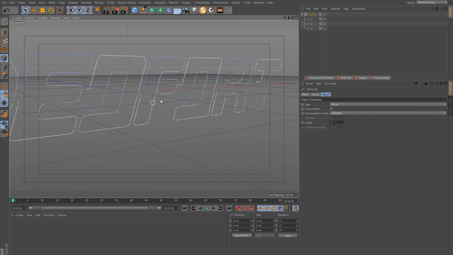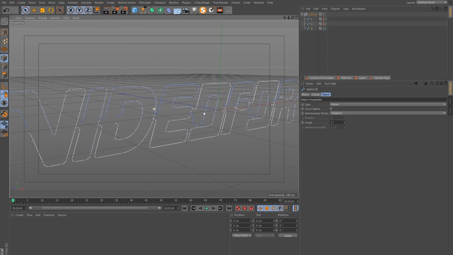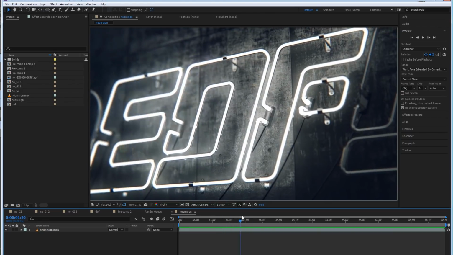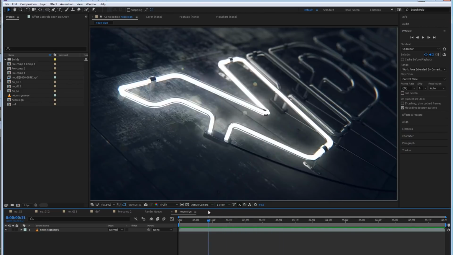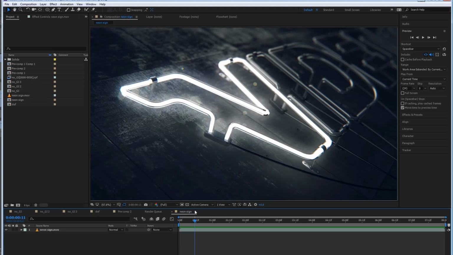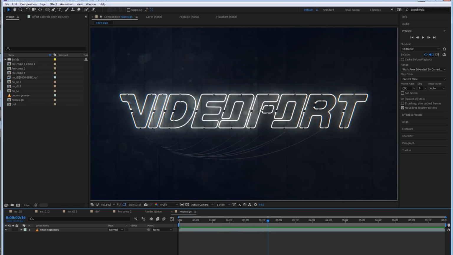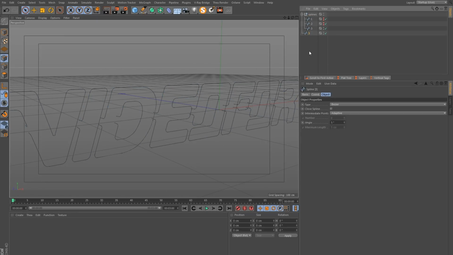This is the final version I will be using to build the geometry for the rest of the tutorial. And we're going to need 2 versions of this. In the final version, you can see that the glass tube really is the same throughout the whole animation. This is the glass outer casing. The actual neon light is on the inside. And the inside lights will need to be separate splines, but we can still use the same spline to generate the outer casing. So I will just make a copy of this.